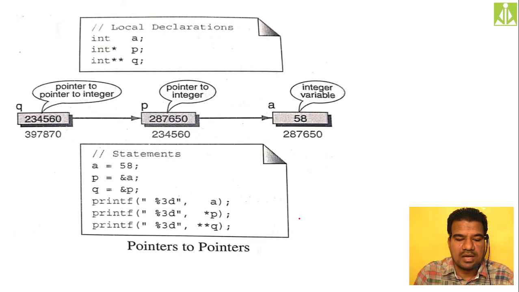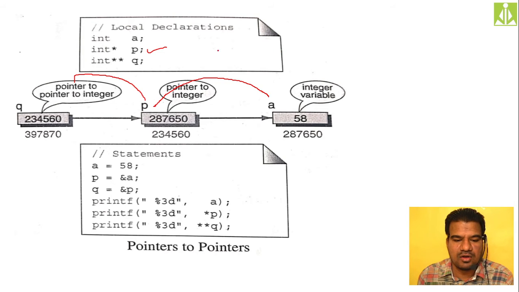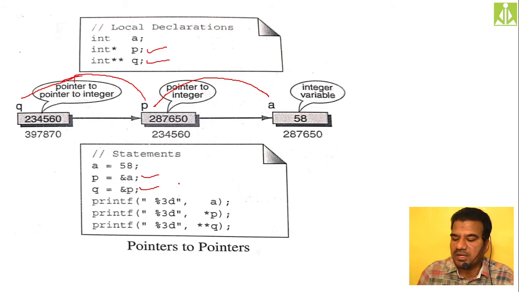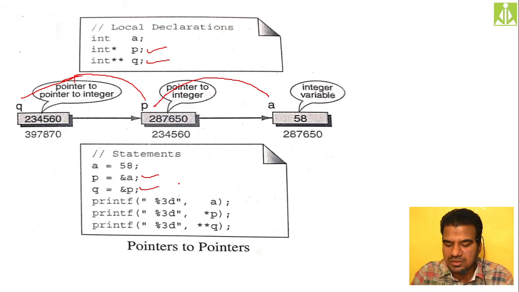Okay, so over here I have demonstrated that same thing, storing A's address into the P variable and storing P's address into the Q variable. Storing A's address into P, we require a first level pointer that we are declaring over here, and storing P's address into Q, we require a second level pointer, that is Q. Like this you can declare, storing A's address into P, storing P's address into Q. Like this we are redirecting the value and printing the value. Hopefully you understood. So go to the next one.